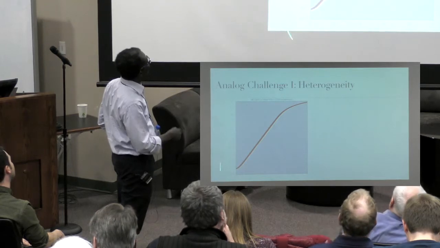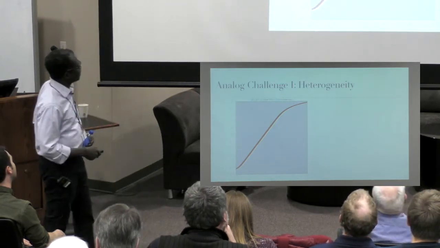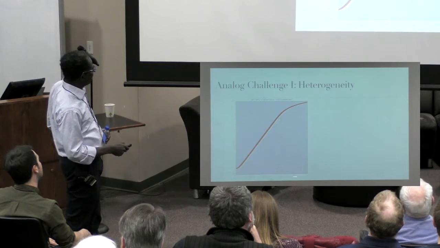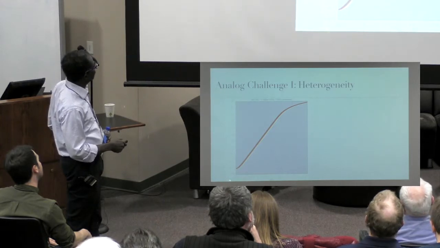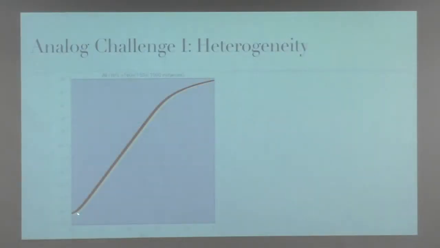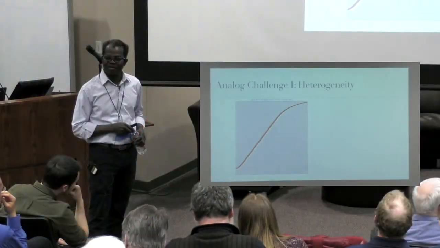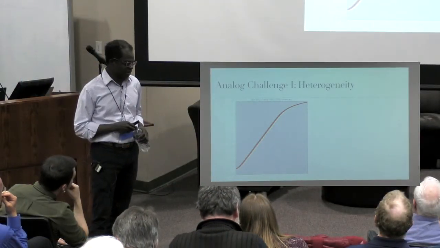So sorry for the fade. My resolution is too high for the projector. But anyway, so this is again the transistor characteristic. This is the gate voltage. This is the drain source current. But what I've done is that I've repeated the simulation for 1,000 transistors that are identical size. And I get this spread here, which corresponds to the variability, basically the tolerance of the manufacturing process.